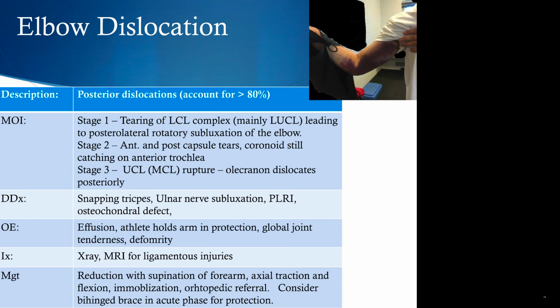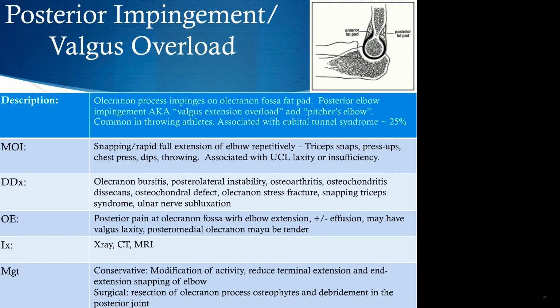Consider a bi-hinge brace in the acute phase of recovery for protection. And generally speaking, we're looking at about 3 to 4 weeks minimum for that. Posterior impingement or valgus